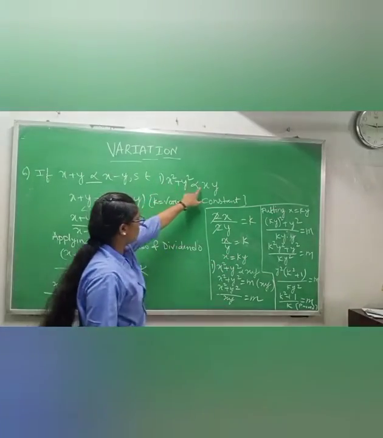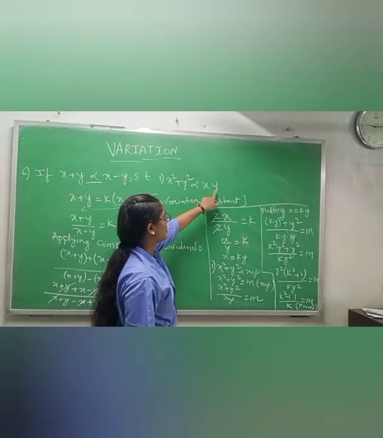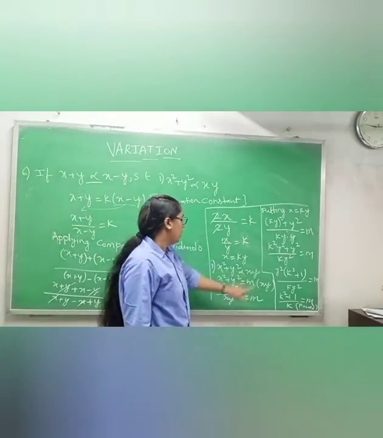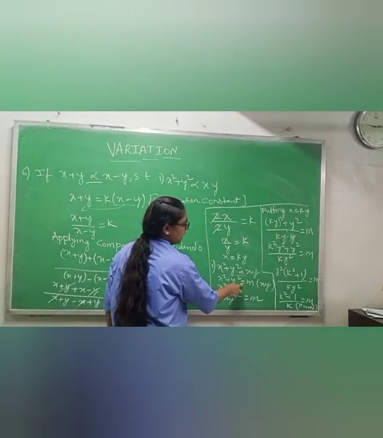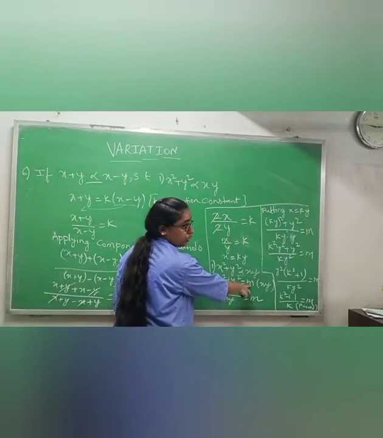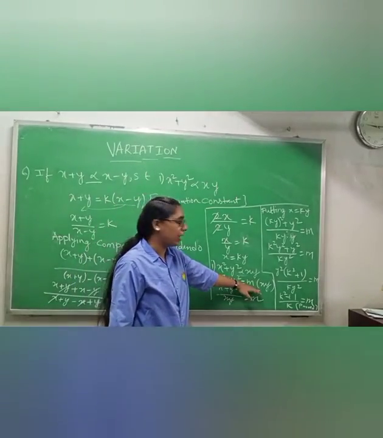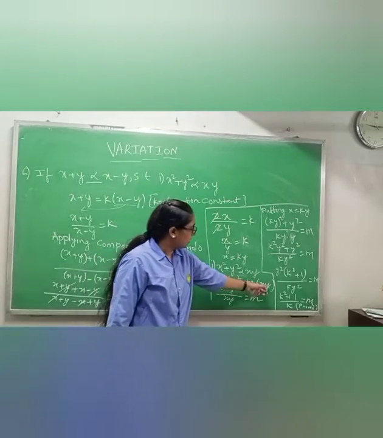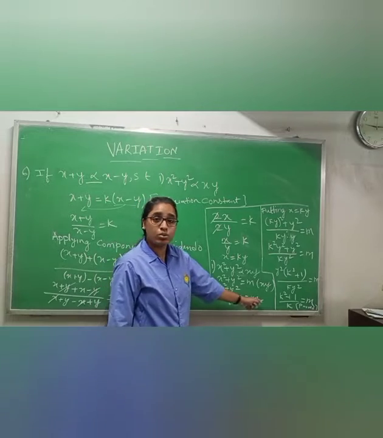Now you will take question number 1. It is given x square plus y square varies directly with xy. Again you have to remove this sign and give equals to, and you will write one constant term. M is also a variation constant. You have to write m equals variation constant. I am not writing because I am not getting clear. After that, I am taking this xy down. It is becoming x square plus y square by xy equals m.